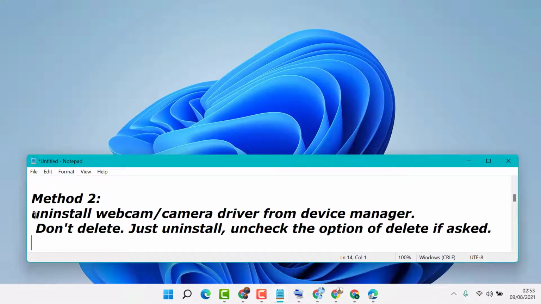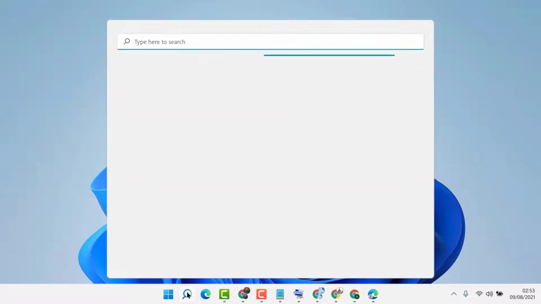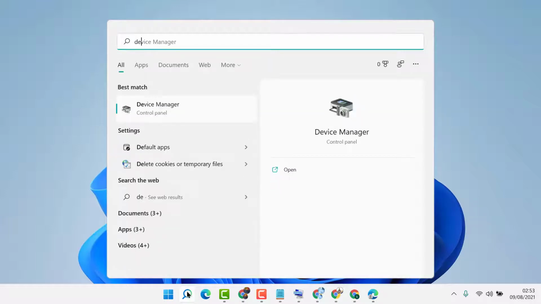Now try the second method. Uninstall webcam or camera driver from device manager. So click on start, type device manager, open device manager.